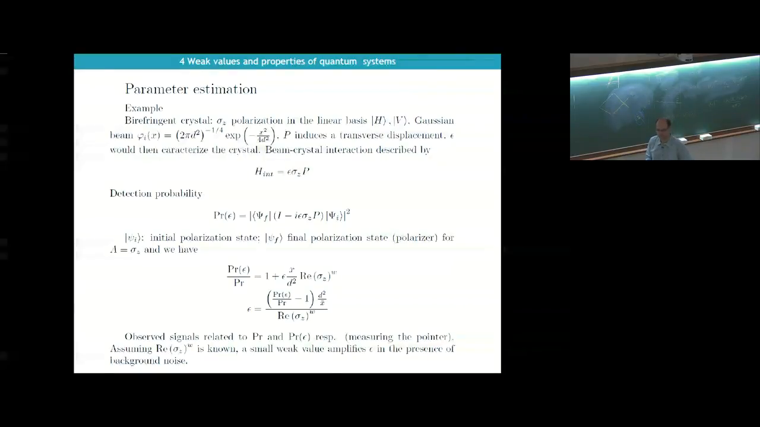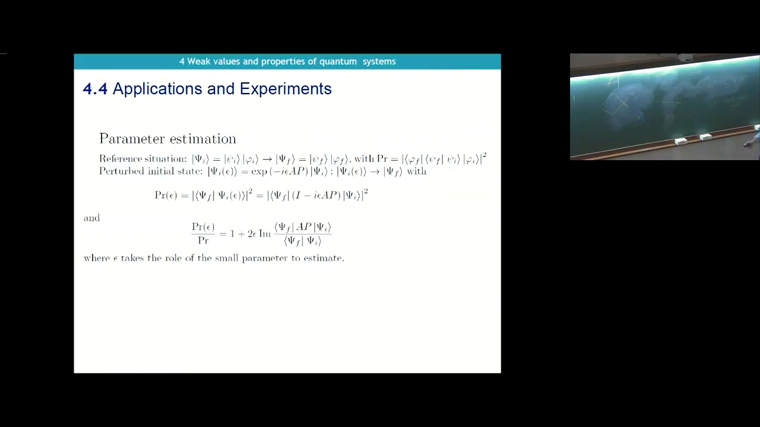The caveat is that when this is small, I don't know if you remember, but this also means that the probability, if the weak value is